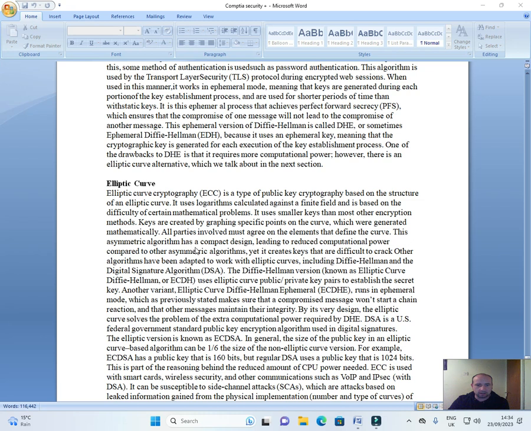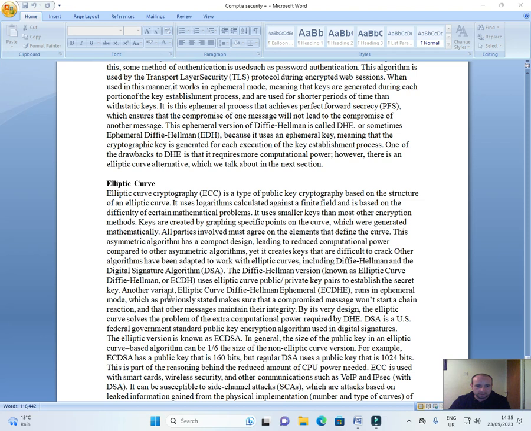This asymmetric algorithm has a compact design, leading to reduced computational power compared to other asymmetric algorithms, yet it creates keys that are difficult to crack. Other algorithms have been adopted to work with elliptic curves, including Diffie-Hellman and the digital signature algorithm, DSA. The Diffie-Hellman version, known as Elliptic Curve Diffie-Hellman or ECDH, uses elliptic curve public-private key pairs to establish the